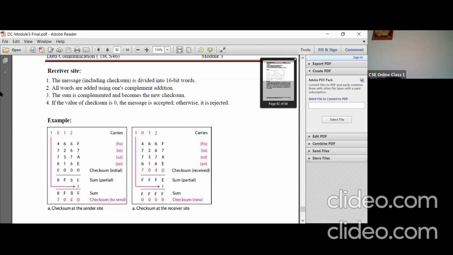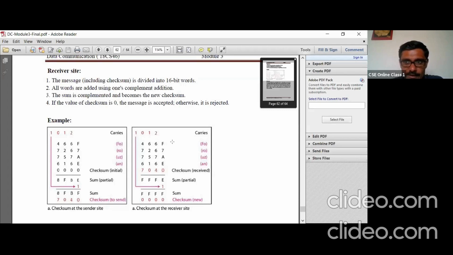So 31 plus 15 is 46. Then you have to perform the division by 16. 46 divided by 16, 2 times is 32.